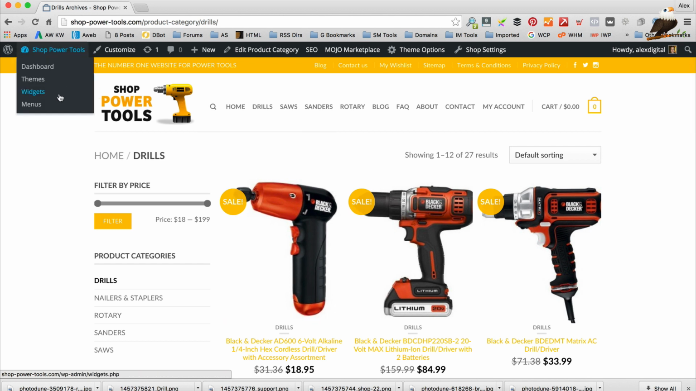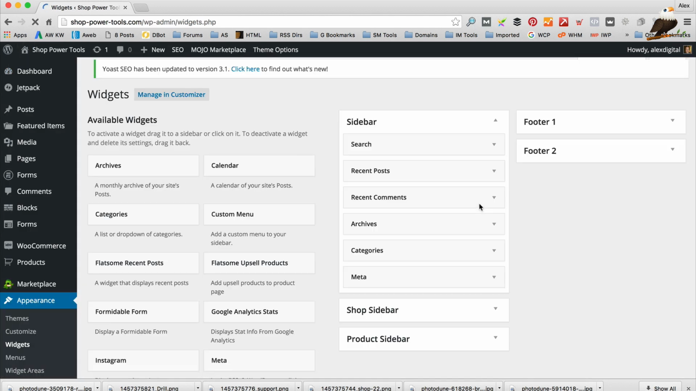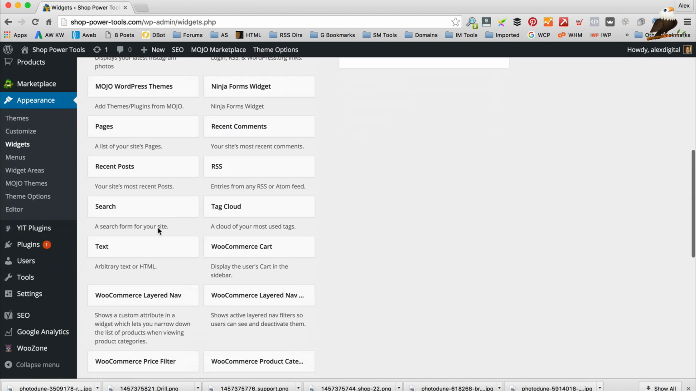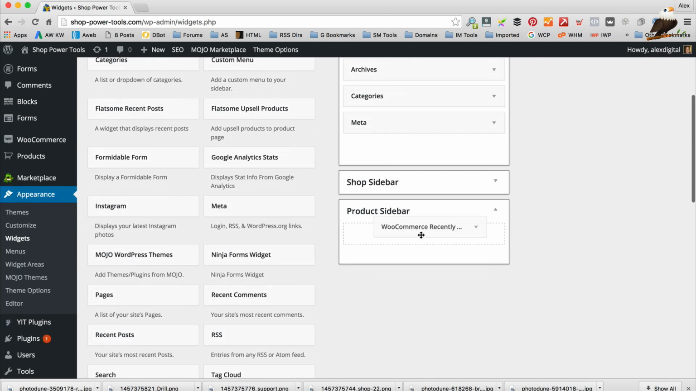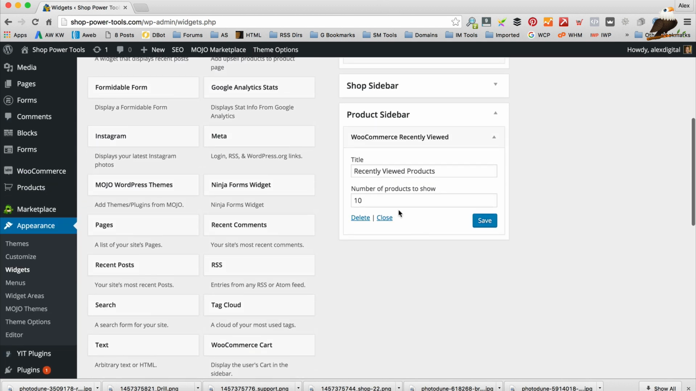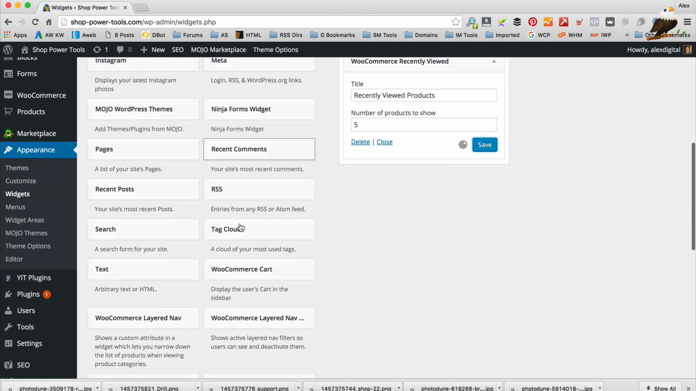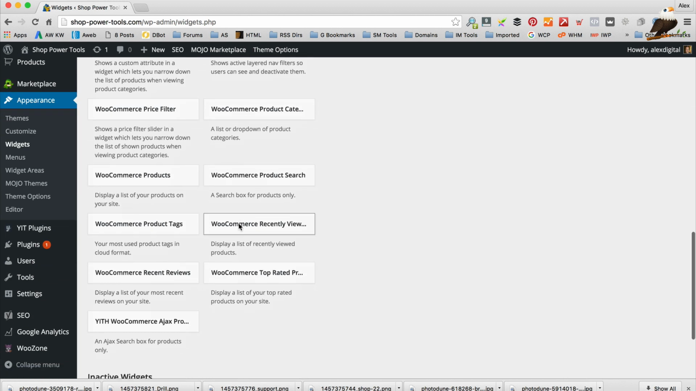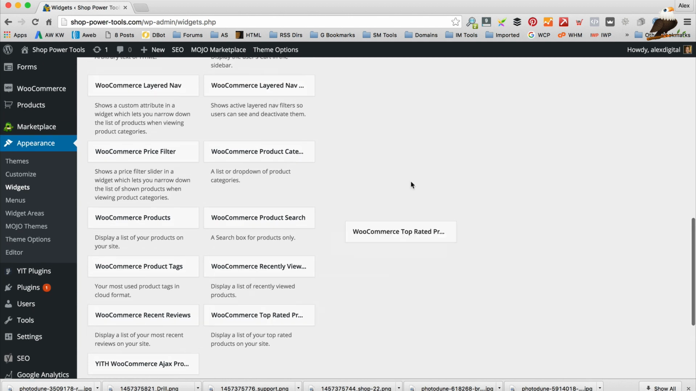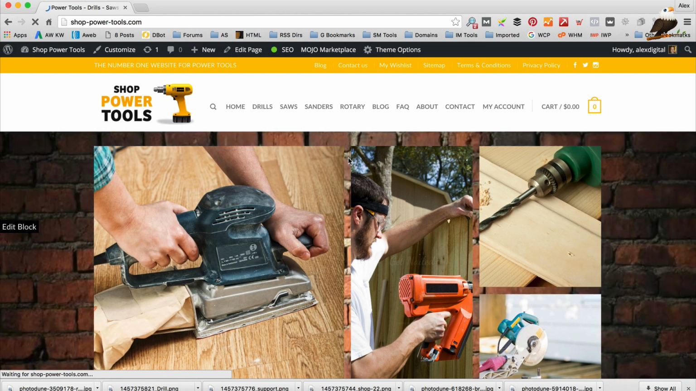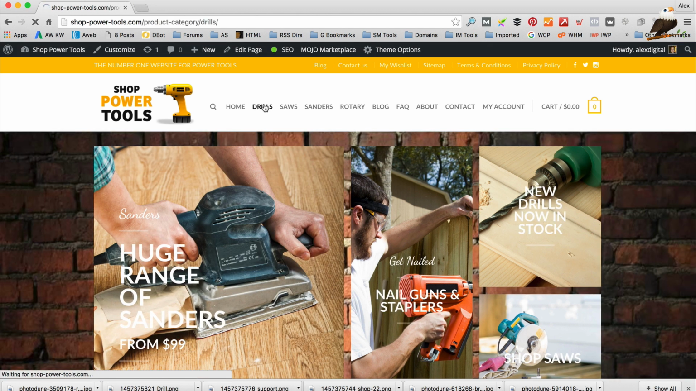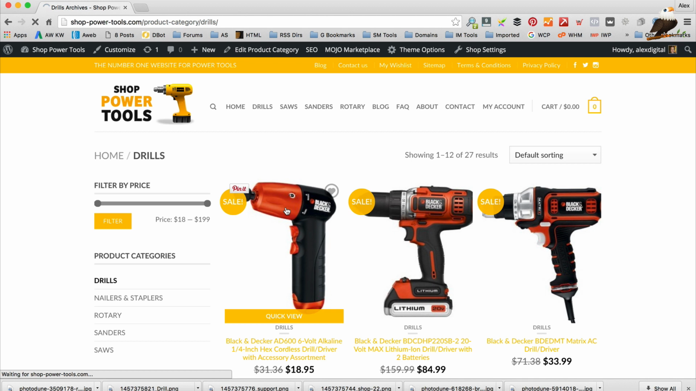And then for the product page, if we go back into widgets, I'm going to add just the recently viewed. Put that to 5. See if I can see anything else that we like. Maybe top rated products. Again, leave that at 5. So let's go and check that. So there's our category one, and then if we go through to the product,